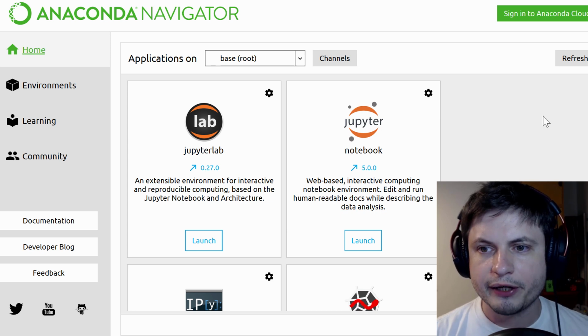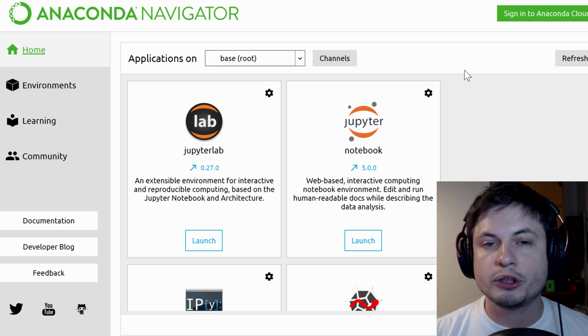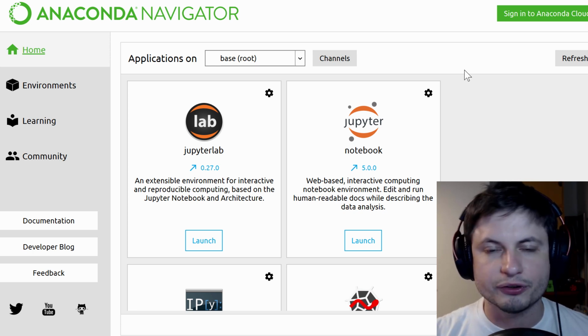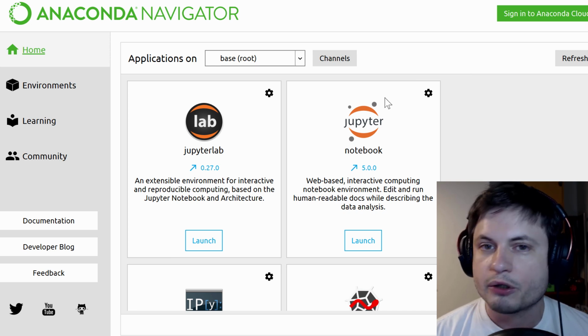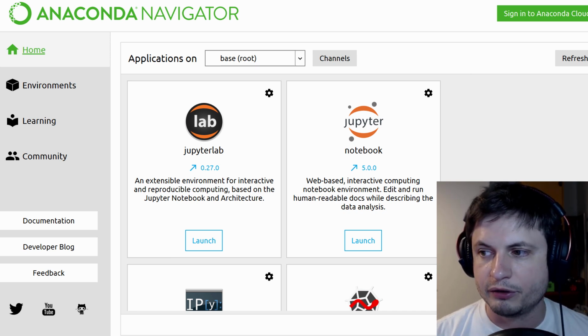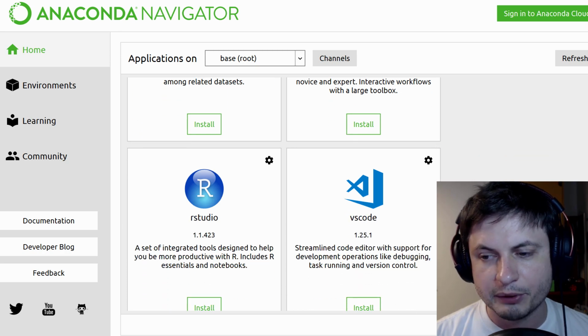This is called Anaconda Navigator. I'm going to go through some of the most essential parts here, and this is really all you need. It actually automatically installs Python for you. It has all of the things automatically set up, so you don't have to worry about anything. And we just really are going to be using one thing from everything here. You might see a lot of stuff. It might actually get a little bit intimidating.